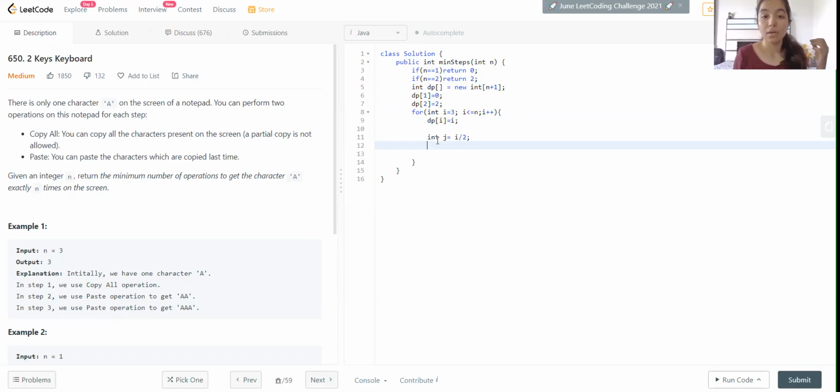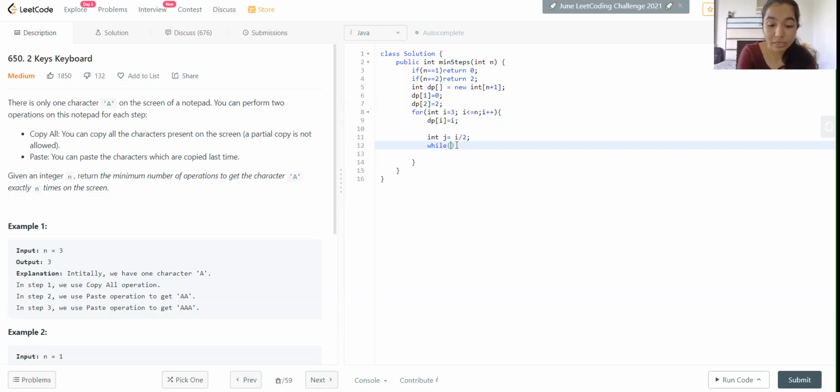If 6 was divisible by 3, the number of operations required decreased and the solution was optimized further. Again, in the case of 6, we saw that if 6 is divided by 2, the number of operations reduced. So this is what we are doing here. If i divided by 2 is present, we put it into j, and further on, we're going to follow these steps.